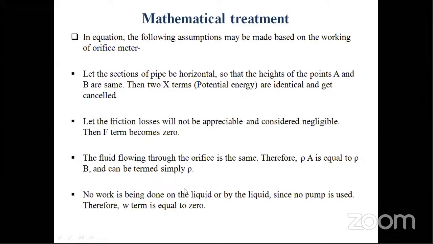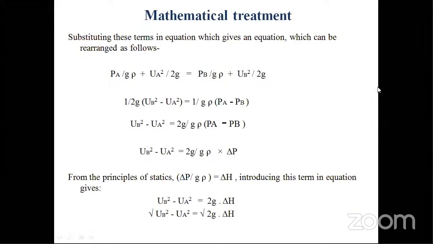So coming to the equations, we can write these equations that PA by ρ plus UA square by 2G. ওকে, এখান থেকে বাকি পোর্শনগুলো ক্যান্সেল হয়ে গেছে, একইভাবে ইন কেস অফ লিকুইড B, PB by ρ plus UB square by 2G. So from these equations they have common this 1 by 2G, আর এখান থেকে 1 by ρ এটাকে কমন নিয়ে নিয়েছে, তাহলে UB স্কোয়ার মাইনাস UA স্কোয়ার ভেতরে রইলো PA মাইনাস PB।